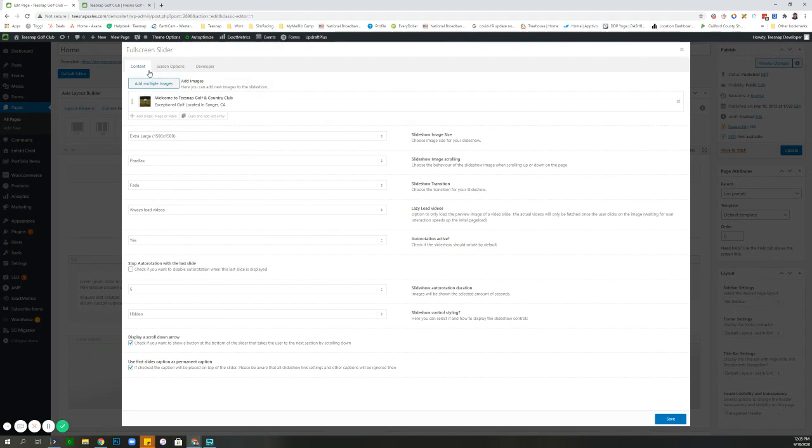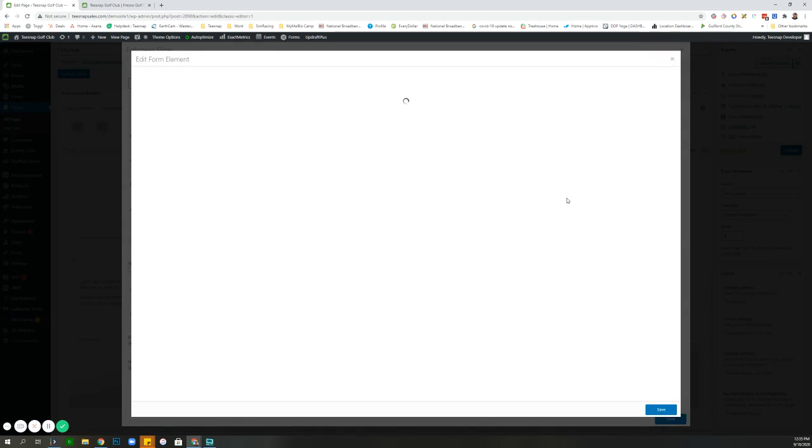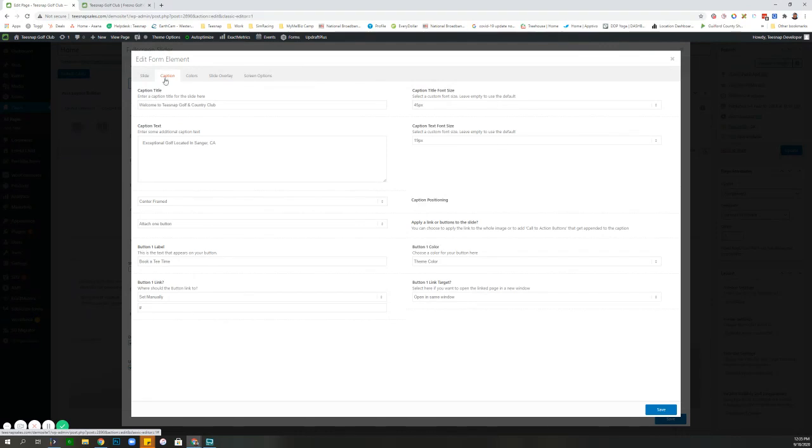And inside of this box are different elements. So I have content, screen options, developer. Mainly what I'm going to deal with is content. And right now I have this image, and that's it. So I'm going to go ahead and click on that. And then underneath this image, I have options. So there's that